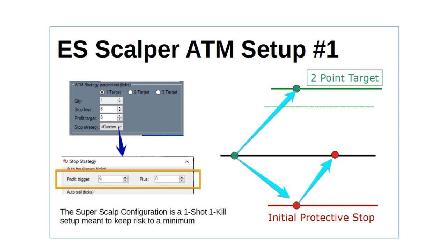When we get these really good precision entries, taking 2 points out of the ES is not a big deal, right? We can get 2 to 5 point impulse moves quickly off the ES, especially if you're trading the micros. And as I always say, anybody that's kind of new to this or starting off, start